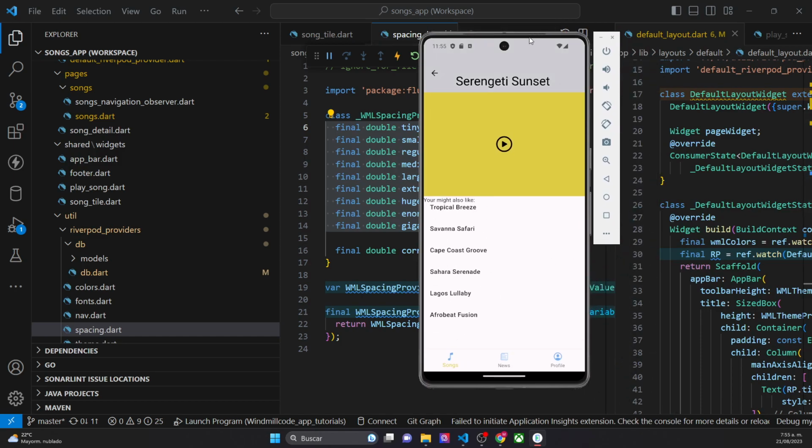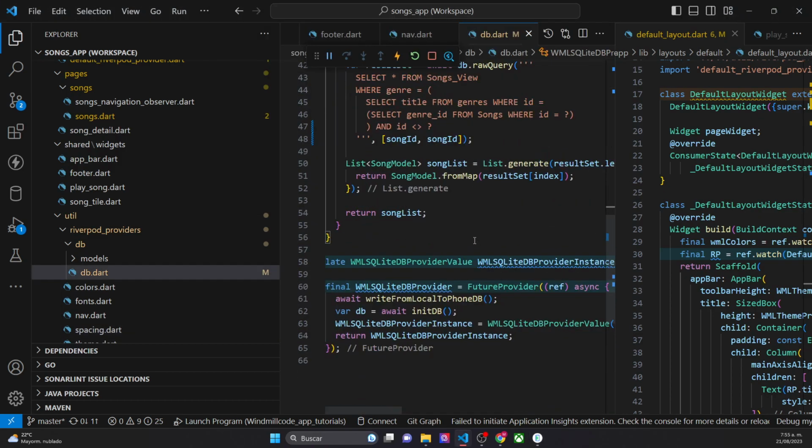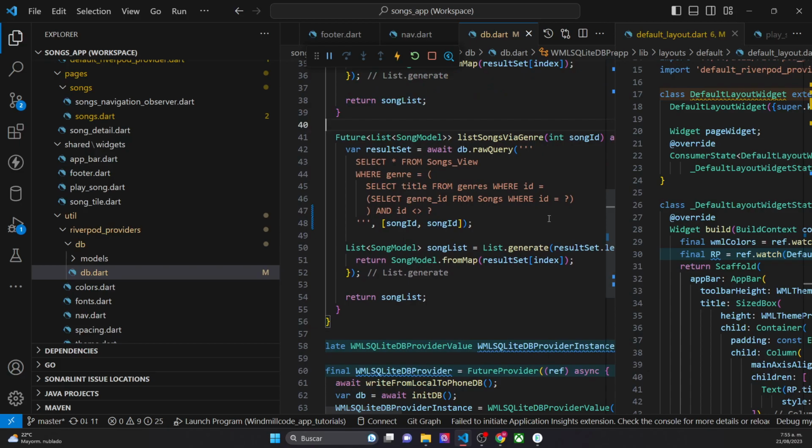And last but not least, if we go to our DB provider, we also have another function, list songs by genre ID, which takes the song. It's a little bit of SQL. What's going on here is that we don't get the genre ID from our view. We only get the song ID. We want to be as efficient as possible, so we write the statement that grabs all the